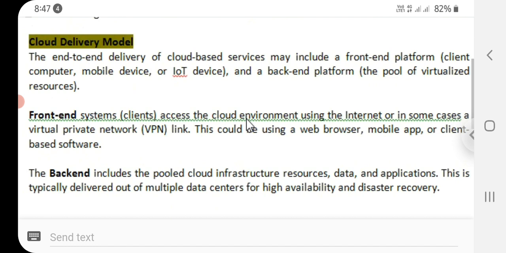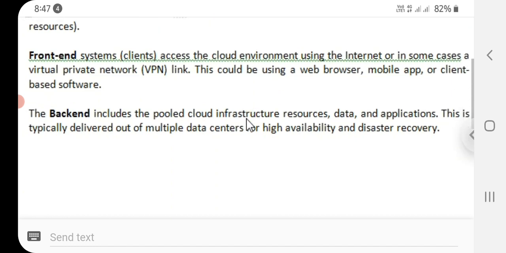This could be using a web browser, a mobile app, or client based software. The backend includes the pooled cloud infrastructure resources, data, and applications. This is typically delivered out of multiple data centers for high availability and disaster recovery.